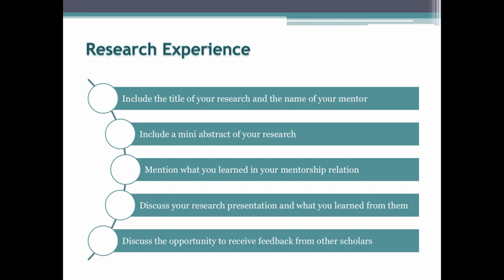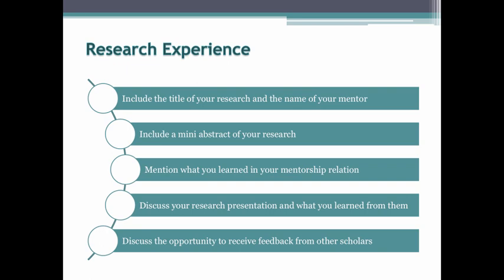So in your research experience, you want to include possibly a mini abstract of your research. You're not going to write the entire research, of course, but you may want to put a couple sentences as an abstract of your research. You maybe only have 2 or 3 sentences to write this, because remember, the essay you'll probably be given 1 or 2 pages to write max. So you really want to tone your abstract down into maybe 1 or 2 sentences, because that's maybe what you will have when you write your entire paper.